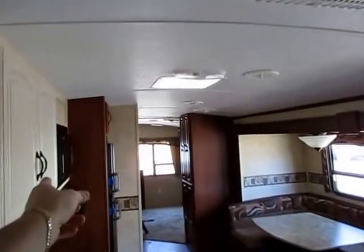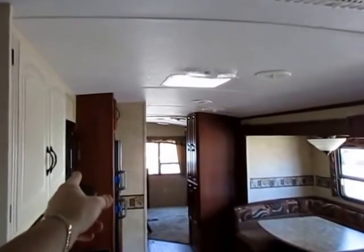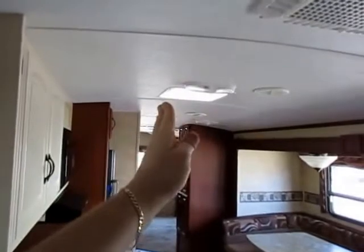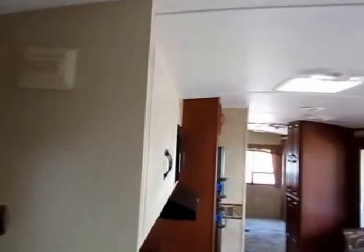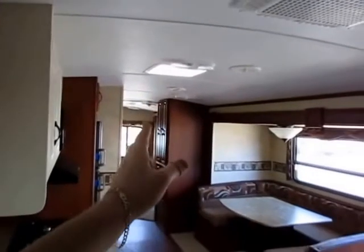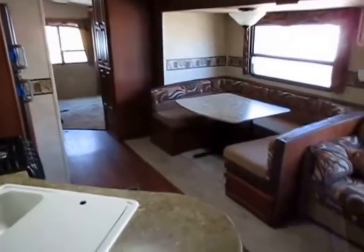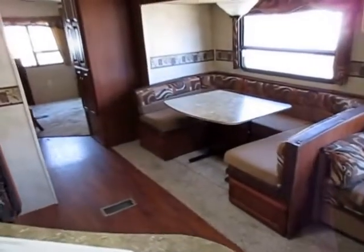Part of that is due to the fact that this has a cathedral arched ceiling. What that's doing for us here is not only giving it the sense of openness, but it's also 7 foot tall at the apex here. So it goes up 7 to 8 inches, then it arcs an extra 3 inches, no, 70, that'd be 84, pardon me. It goes up about an extra 6 inches. It's 3 inches on smaller trailers. I had to take a second, you probably heard my brain explode right there. Anyway,